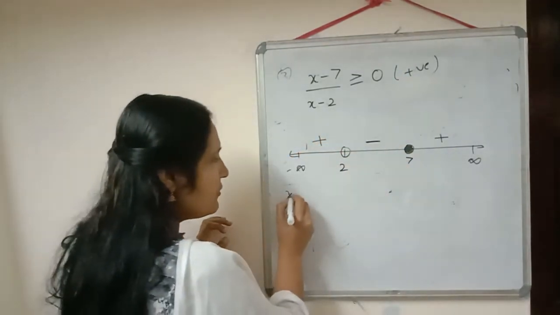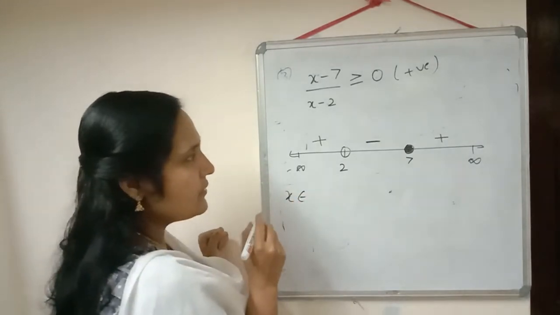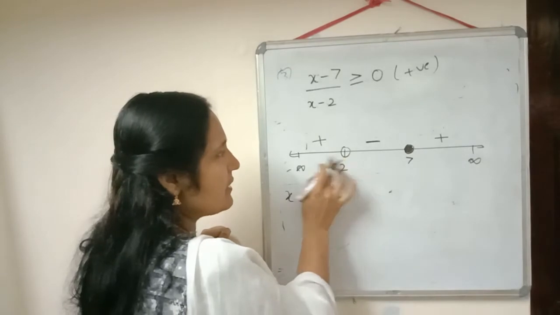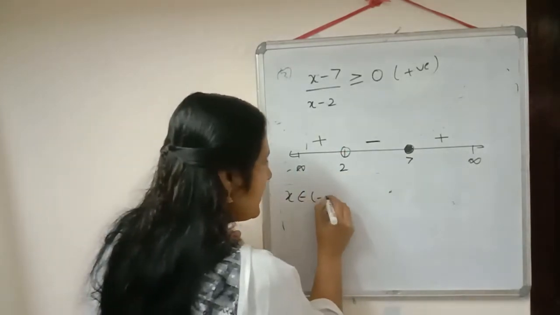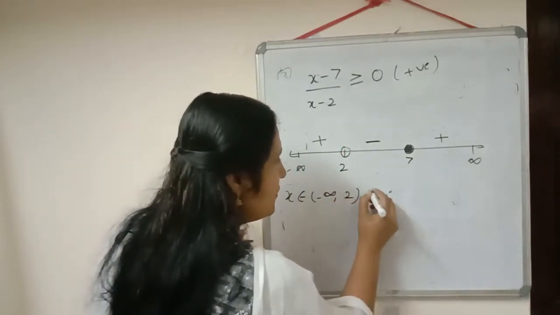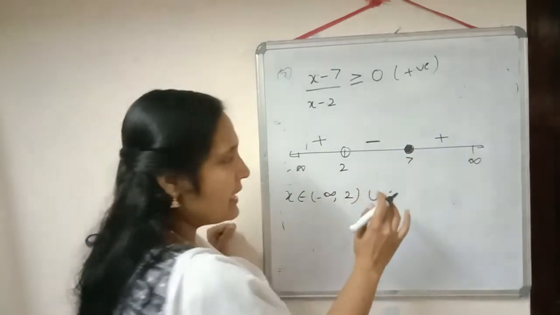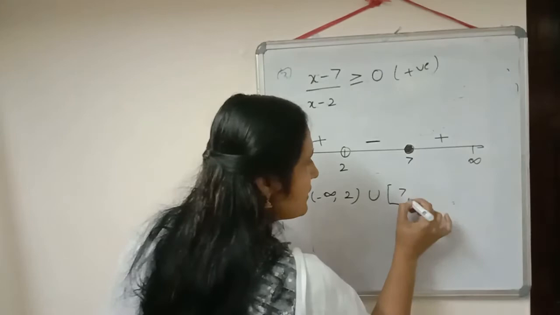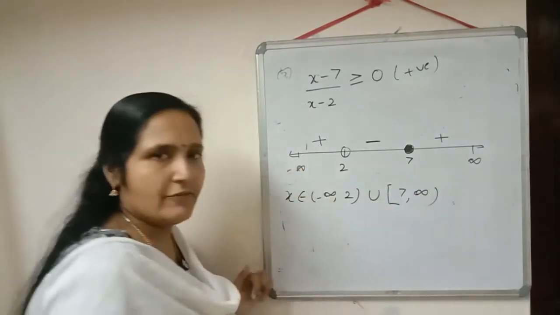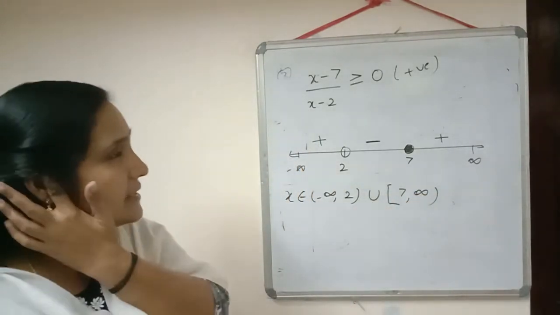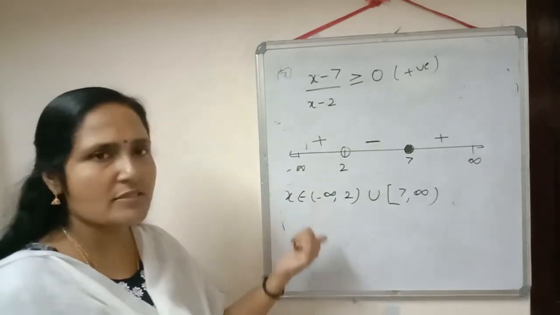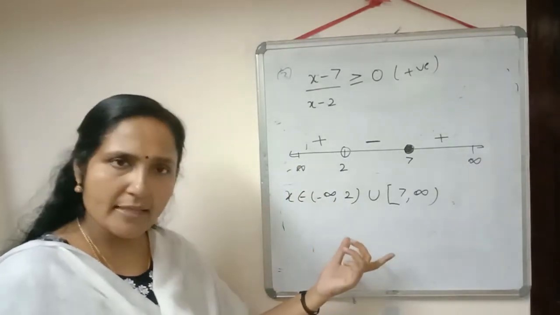So just to write down by drawing this way, easily you can write. Here 2 we haven't darkened. So what will come here? Open interval. So minus infinity comma 2 union 7, we have darkened there, so there we have to use a closed interval. So it will come 7 to infinity. So which method is easy for you? This method? Okay. So from the next one we will simply solve by this method.